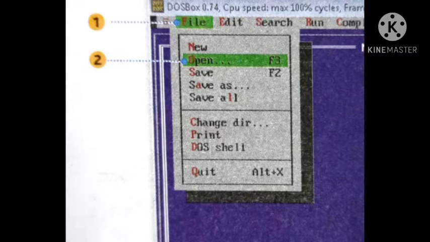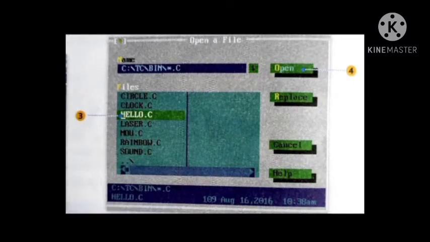When you click on Open, the Open a File dialog box appears, as you can see. From here you will select the file. C++ has many existing programs, so you can select any file you want to use, and then click on Open.